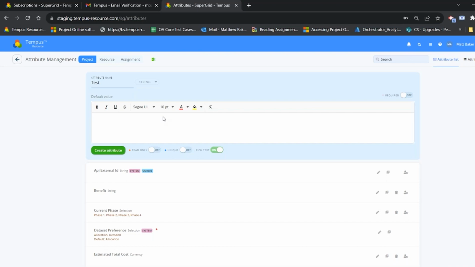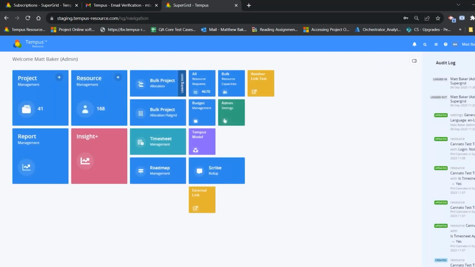Okay, and then lastly, I just want to mention a couple things when it comes to some of the error messages and just the look and feel. So we've made a lot of updates to Tempus to be associated to the WCAG compliance. So you'll see there have been a lot more updates to error messages, validation messages, confirmation messages as well. Those are just giving it a different look and feel to be more compliant with some of those